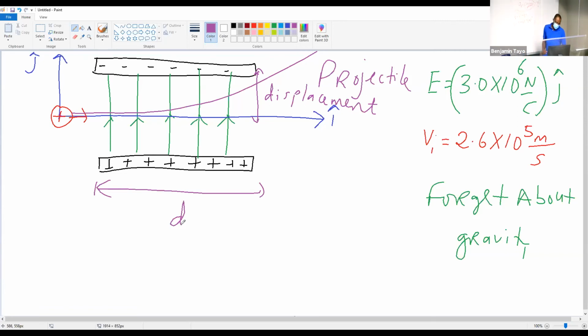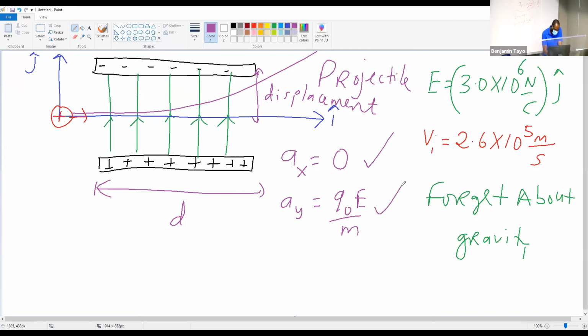Now, I'm going to show you next class that in this problem here, we need acceleration in the x direction. We need acceleration in the y direction as well. What do you think is going to be my acceleration in the x direction? It's just 0, because the electric field is only pointing in the y direction, right? My acceleration in the y direction is going to be my charge Q naught times E divided by mass. Now, if I know acceleration in the x direction, I know acceleration in the y direction, I can go ahead